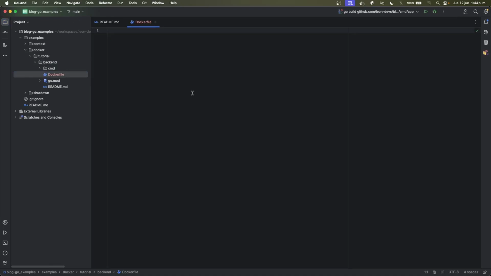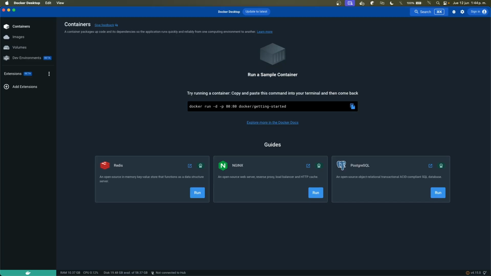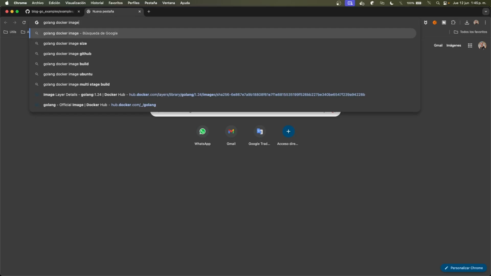So you can see the moment we create the file with this name, we now have a valid Docker file that we can execute, and you can also see the Docker icon right here. If you remember from our Docker desktop, you can see that you have images for different types of technologies. You have Redis, Nginx, Postgres, and I mentioned that you also have images for different programming languages that you might be working with. So, of course, if you search